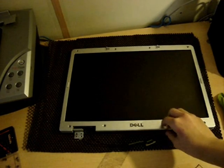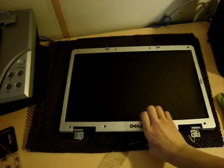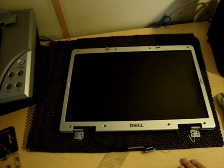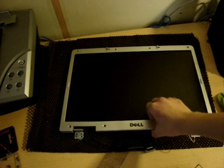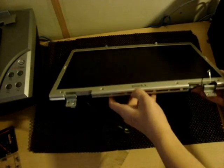Now here comes the hard part, removing the bezel. Now what you should do is pull it down and up, but you really should be careful because the bezel is extremely fragile because it's just thin plastic. So what you should do is pull it down